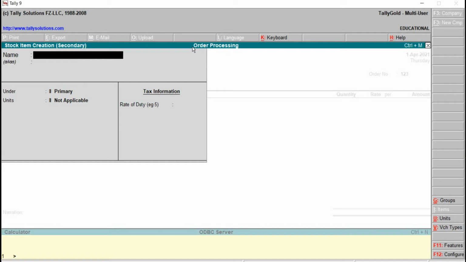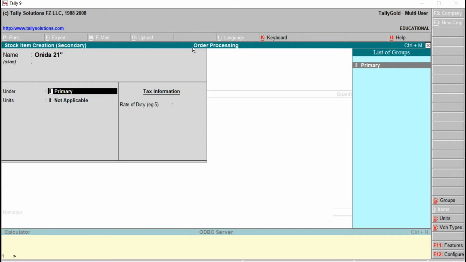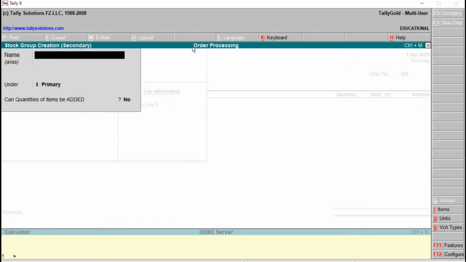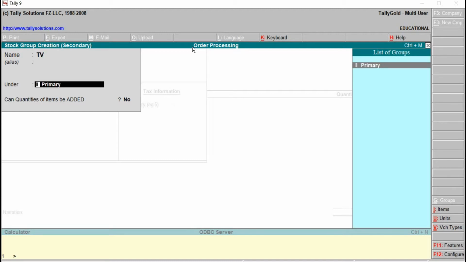Just type here Onita 21 inches, alias will be blank, and this has to be allocated under the group TV. Alt C to create, then Control A.